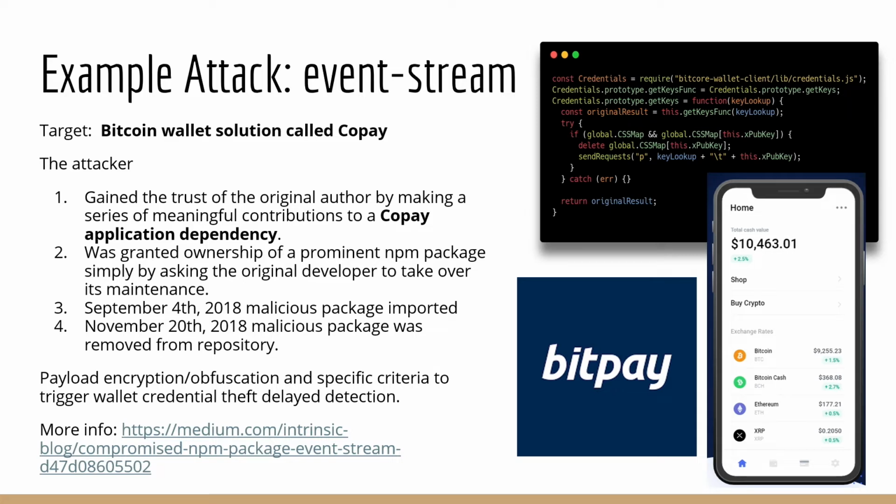The owner of the project granted that attacker permissions to take over the package, and malicious code was injected by that attacker. So the real key point here is that an upstream open source project could affect many different downstream and target downstream